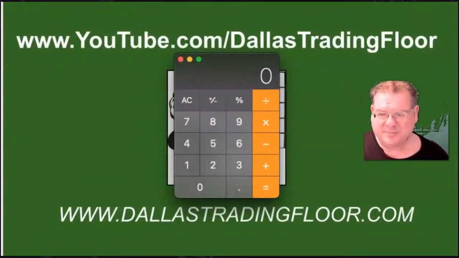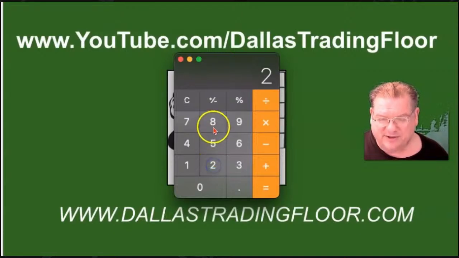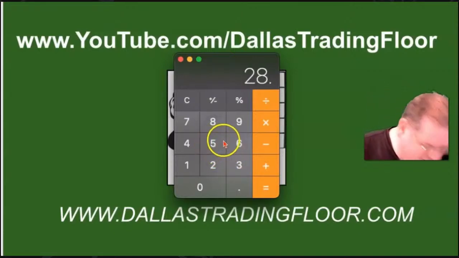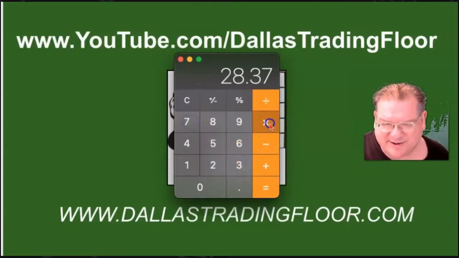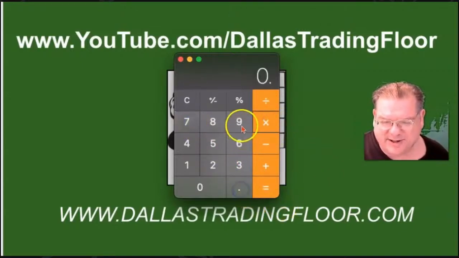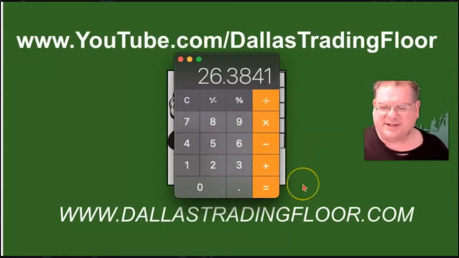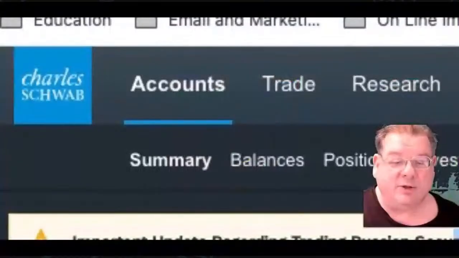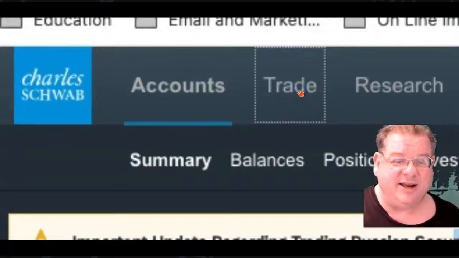$28.37. To calculate the stop loss is very easy. All you do is type in the price per share, in this case 28.37, and then multiply it times 0.93. That will give you a stop loss value of 26.38. Now, with my broker, Charles Schwab, I first go to the trade key